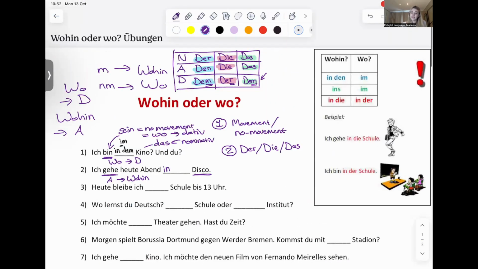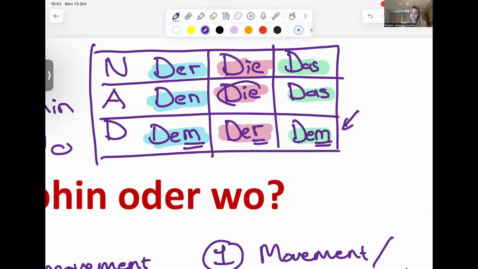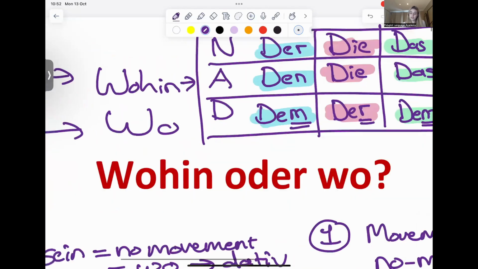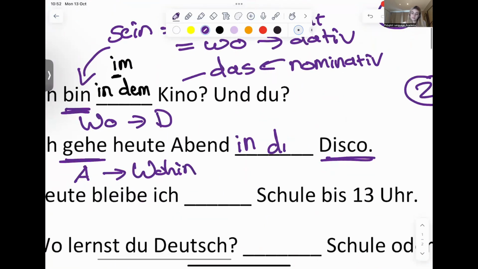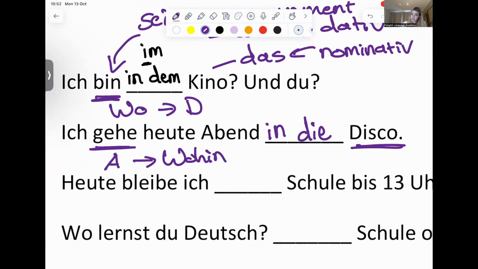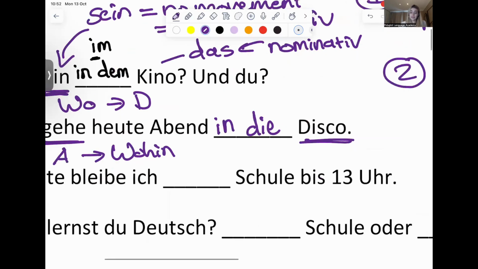Can we? Let's just double check our table. Does die change in Akkusativ? No. So yes, we can go write that. But if it were dative, then it would have changed. But here you can see die. Ich gehe heute in die Disco. This is the answer. But if I were to say ich bin, I'm at the disco or the club. I think disco is a bit of an outdated word, but I'm not sure. So if I were to have said I am at the club or the disco, then the sentence would have been